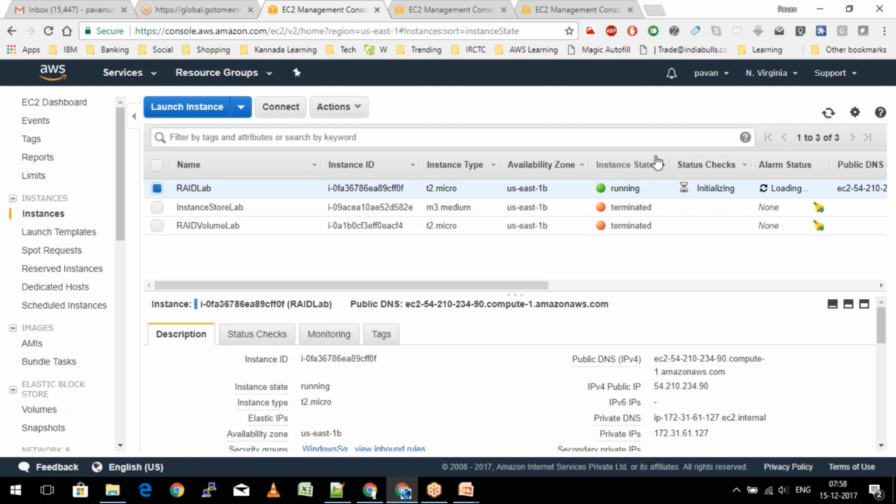Similarly, like what we could do in the placement groups, where we virtually combine the instances themselves so that we attain high network bandwidth and low latency, in a similar way here we are trying to combine the volumes and achieve higher IOPS.